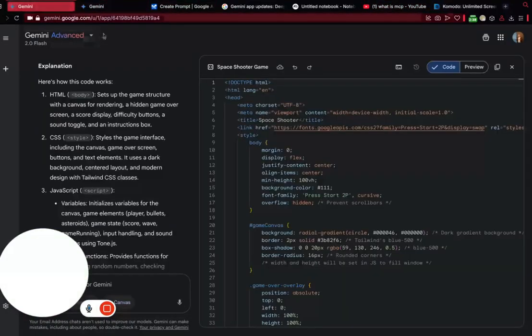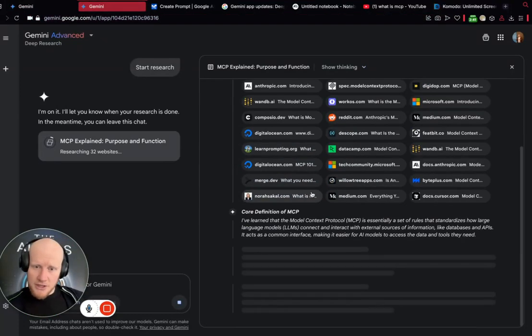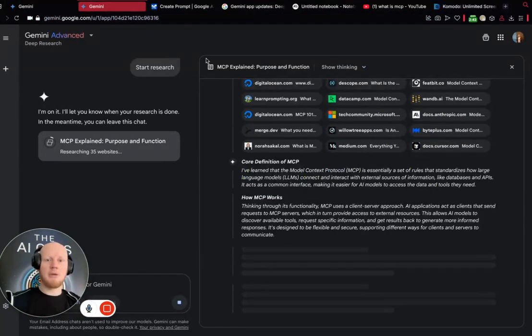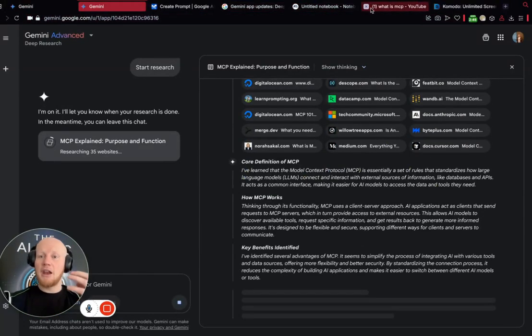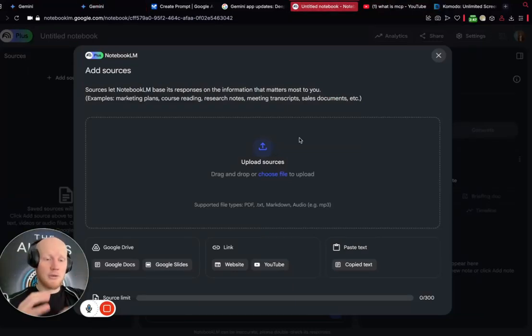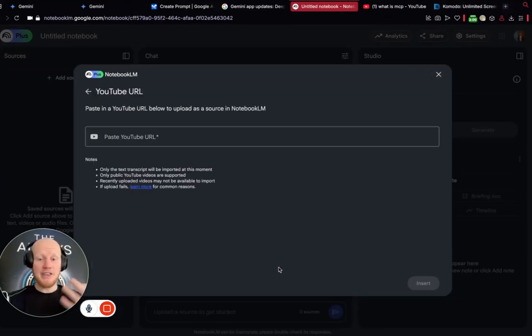So we've got the deep research that's going on here. It's still doing my deep research. I'm going to keep an eye on that, keep going back and forth. And I'm going to come back and open up a notebook, right? So Notebook LM is just amazing. They are dropping features one after the other here. And you can upload information directly from your Google Docs, from your Google Slides. You can chuck in a website and you can chuck in a YouTube link, or you can just copy text in, right? And this is what I'm about to do.